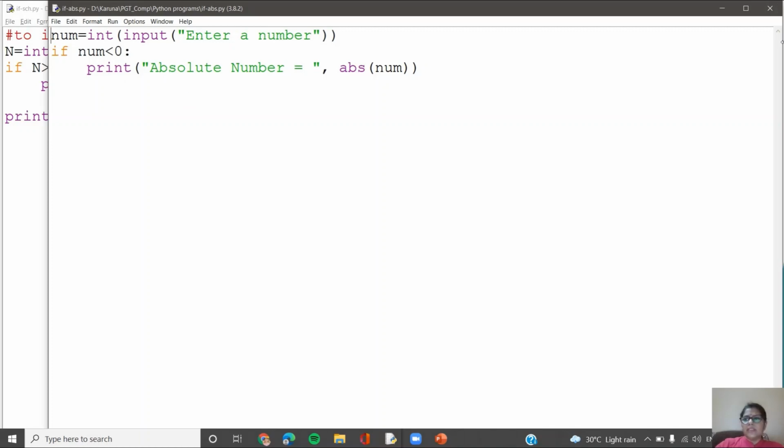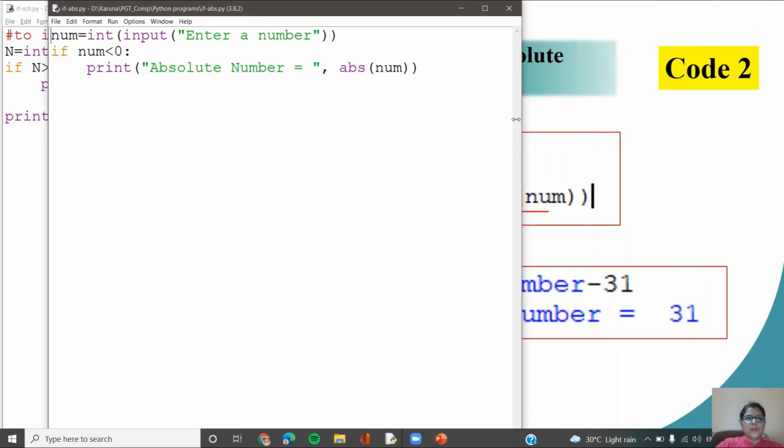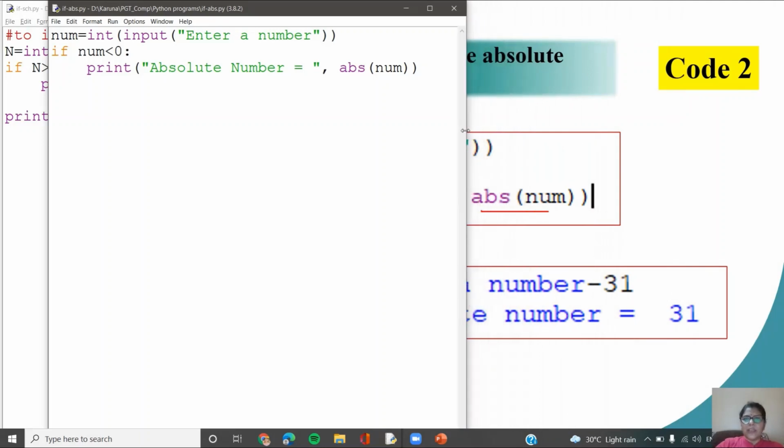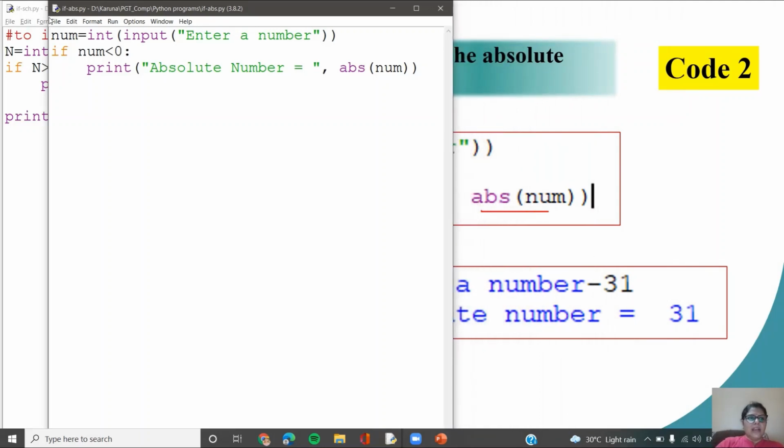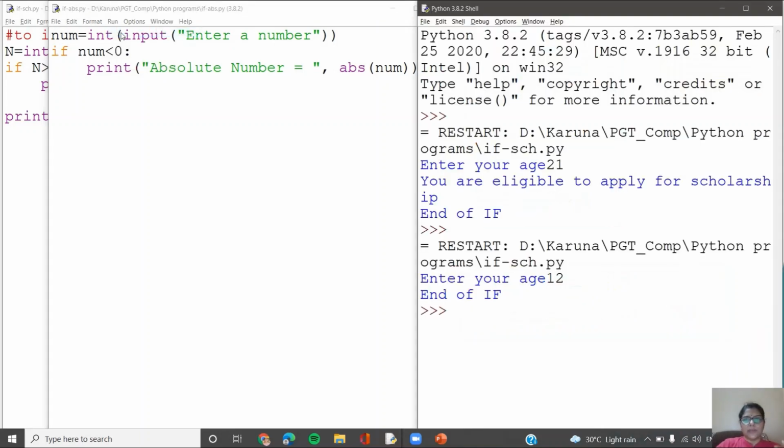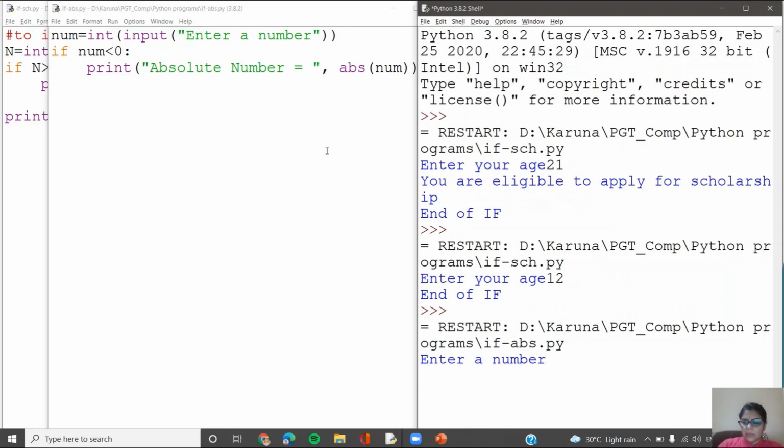My program says input a number. If the number is less than 0, I am printing the absolute value, the same thing. And if the number is greater than 0, then I'm not doing anything over here. This is a simple if statement. It is asking me for the number. Let us say I give the number as -5, it gives me absolute number equal to 5.